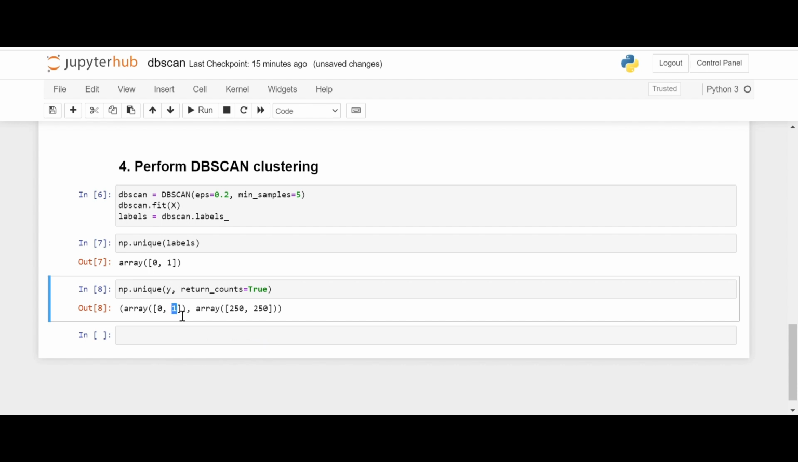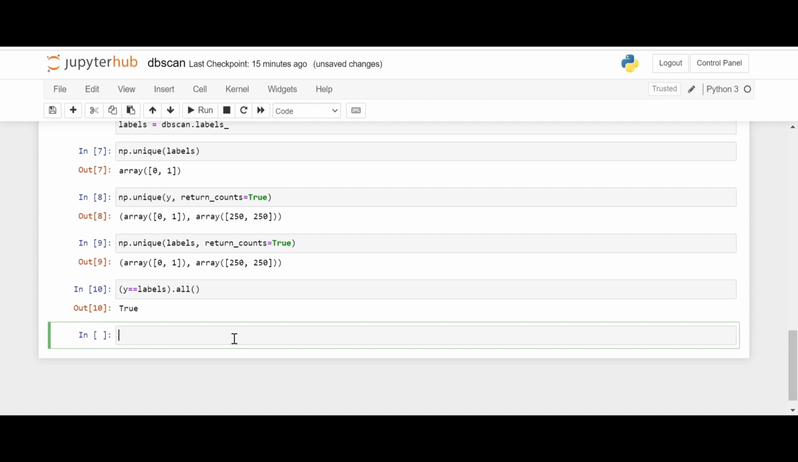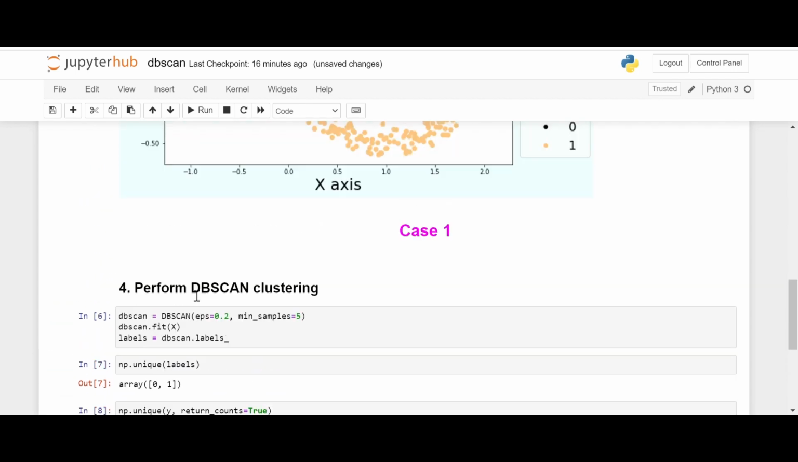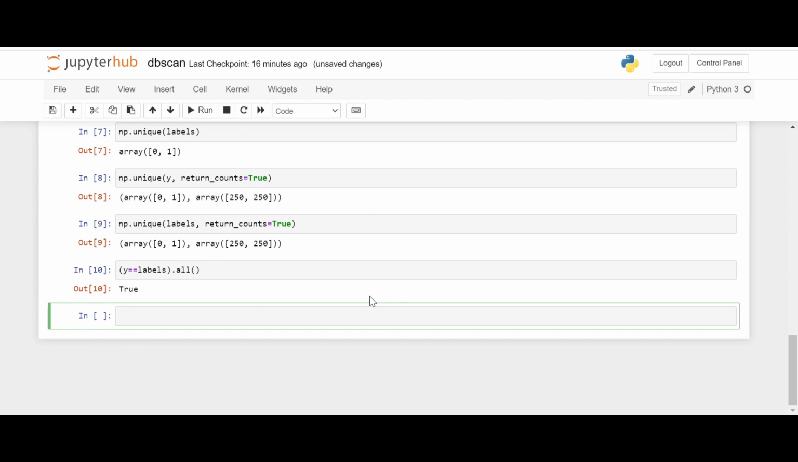So each label is present 250 times, and the same thing can be done for predicted labels as well. This is also 250. Now we can compare these two by calling this all method, and it returns true. So basically that means all the data points of individual clusters have been predicted correctly by DBSCAN,